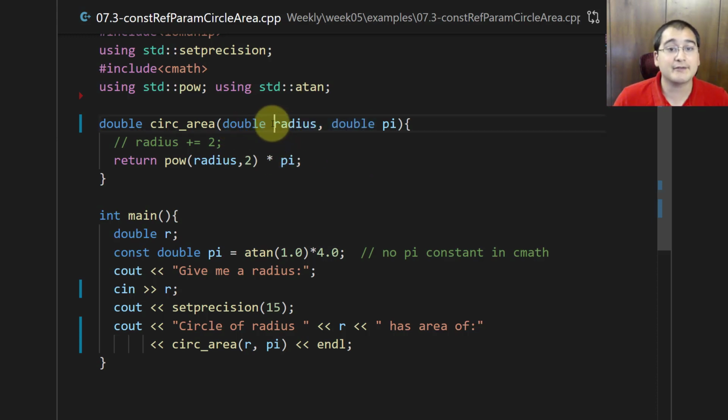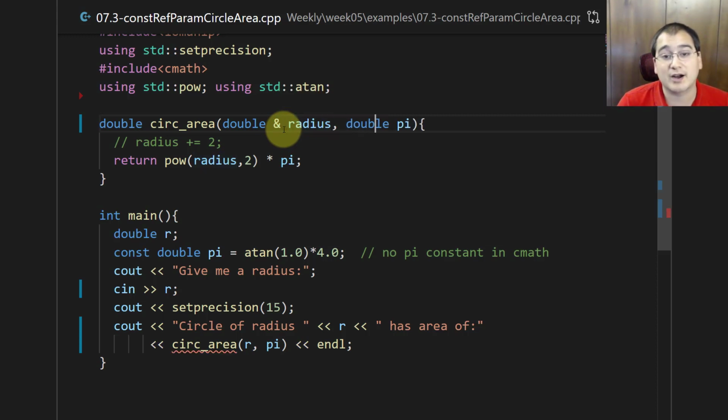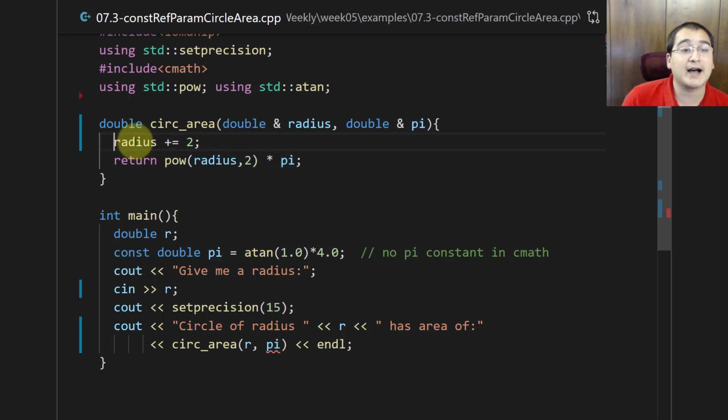But if for some reason copying doubles was more expensive, or if these arguments were bigger, then by putting in references here, I'm saying, hey, don't make copies of r, don't make copies of pi, just let me use them as is. Now, if I allowed this function to change radius, which it's not really necessary here, but this is legal code,